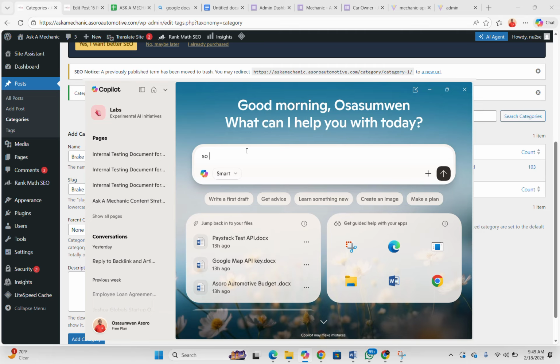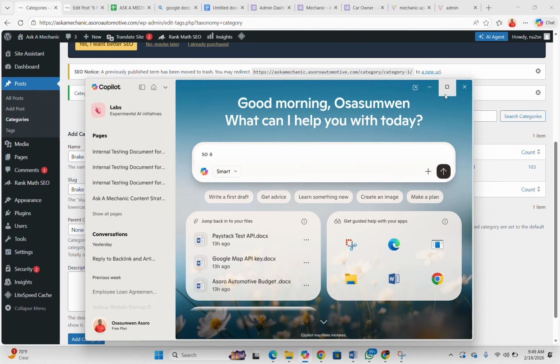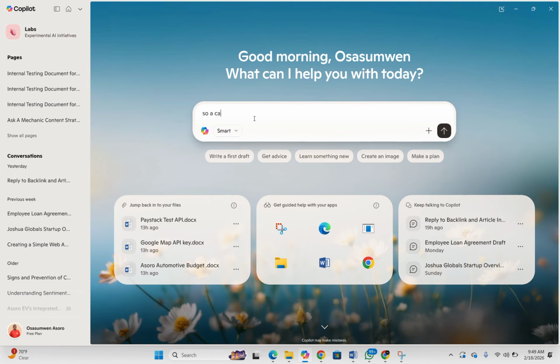Let me make it full screen. Give a category description for the following categories